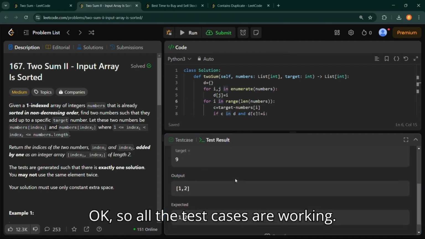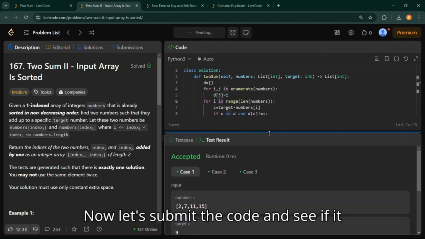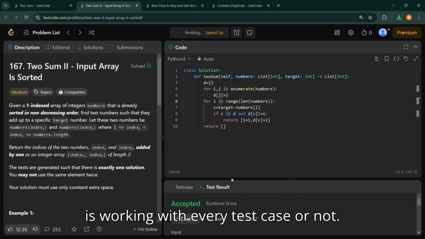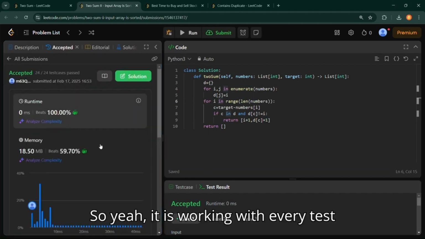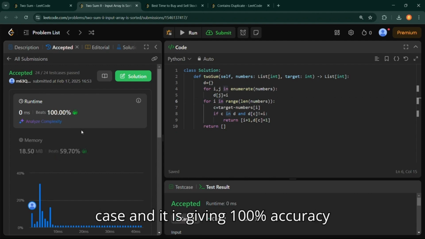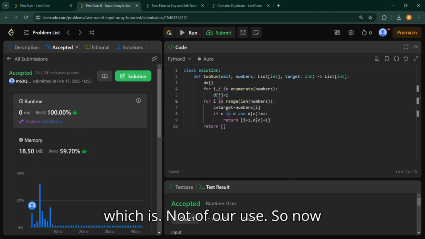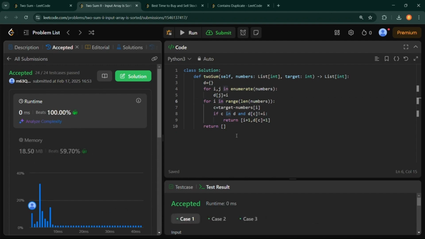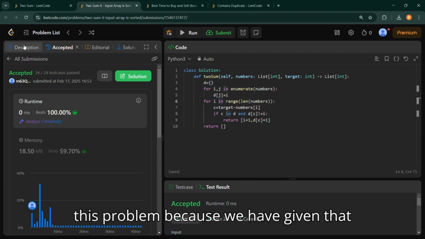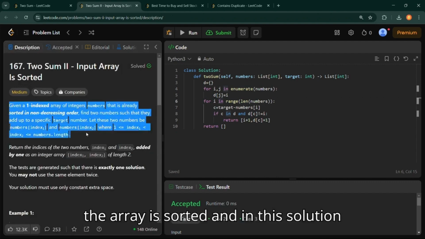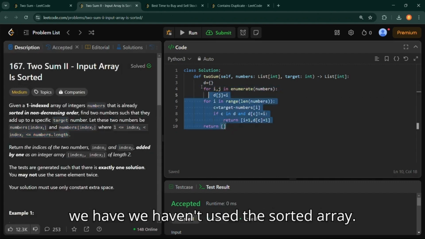Okay, so all the test cases are working. Now let's submit the code and see if it is working with every test case or not. So yeah, it is working with every test case, and it is giving 100% accuracy, which is not of our use. So now we have to find a more optimal solution of this problem, because we are given that the array is sorted, and in this solution we haven't used the sorted array.